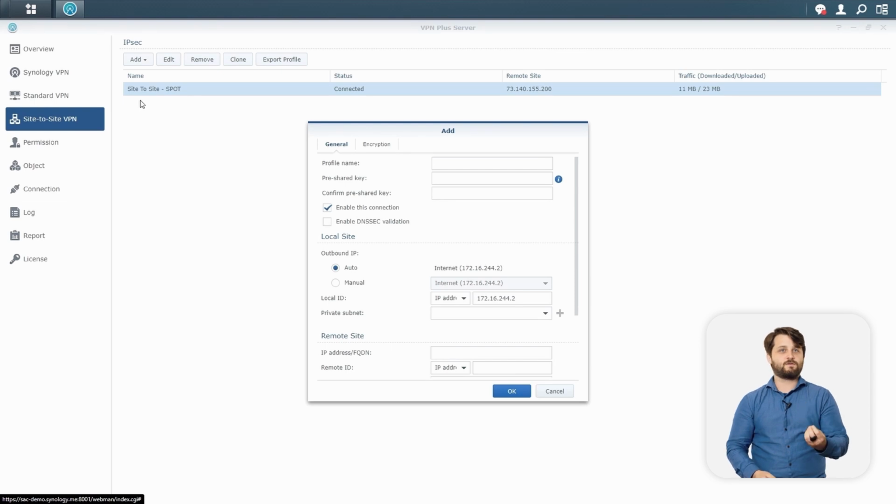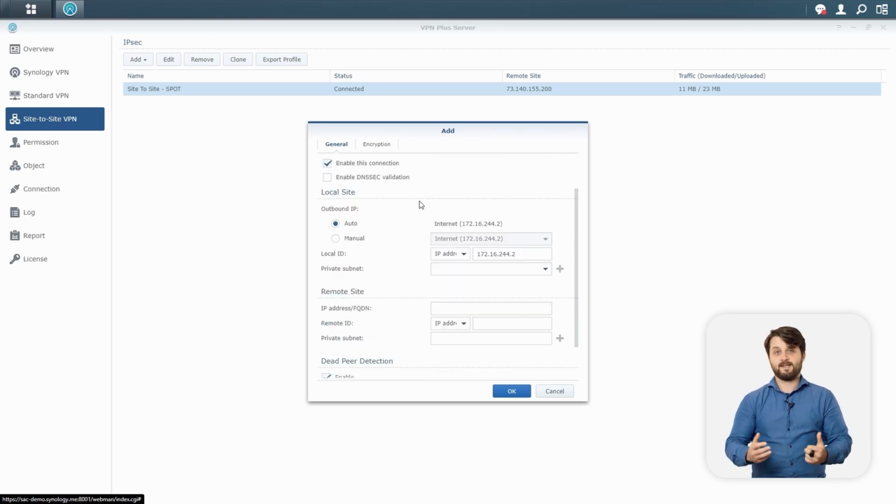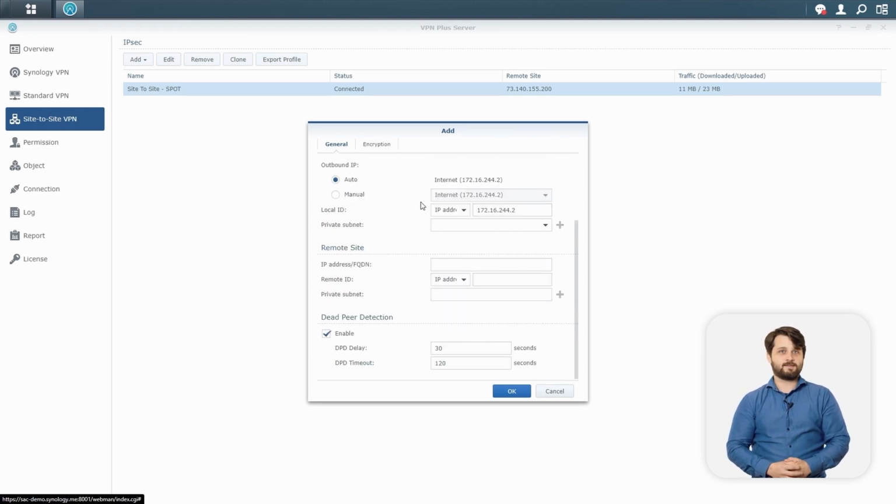Now you can name your profile and even type in some pre-shared keys so that it authenticates the relationship whenever you import and connect. Now below that is where you're going to type in your outbound IP and your remote site IP settings. And these are your external IPs you actually get from your internet service provider. This can also be done through fully qualified domain name. There's also a tab for encryption and that kind of thing, but we actually left a lot of that default for our relationship.